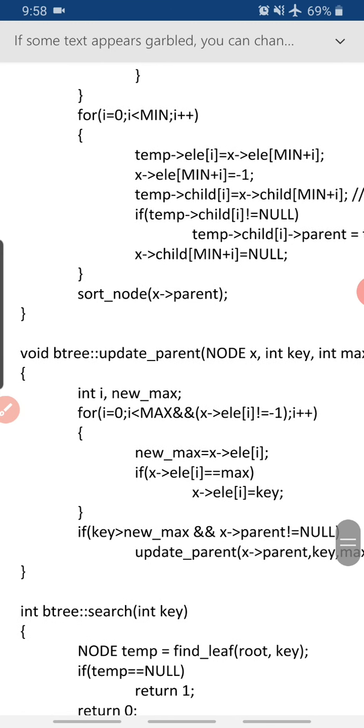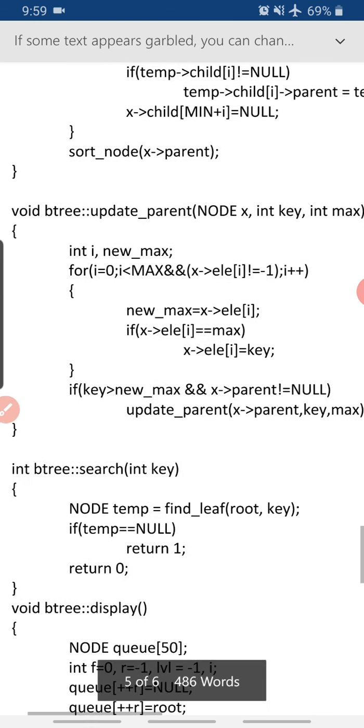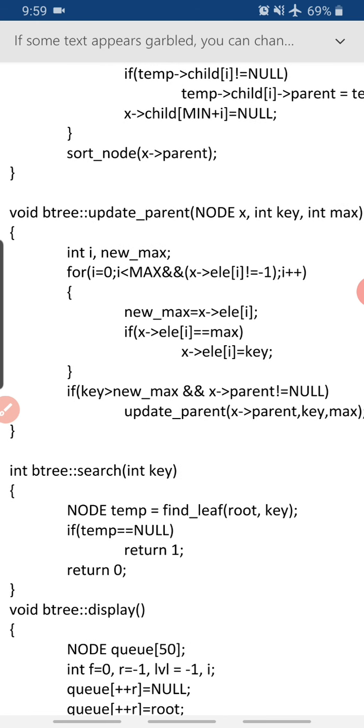So new max and i are the local variables here. For all the elements in the parent node until there is -1, we set new max equal to that particular value. We keep iterating. If x element equals max, then we change that. x element is not going to be max anymore, it's going to be key. Why is it going to be key? Because key is the newly inserted value. If key is greater than new max, which is the existing max value, and x parent is not null, then we have to propagate it to the higher levels as well.